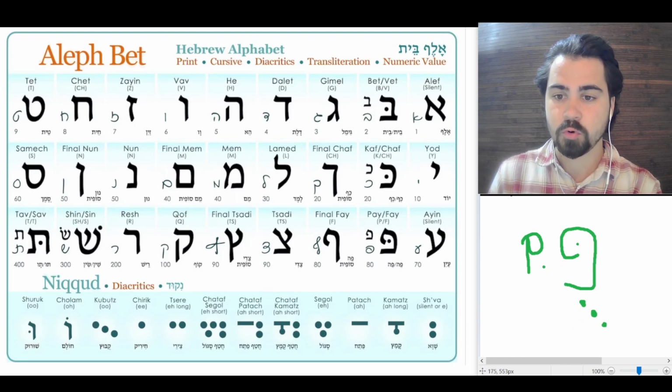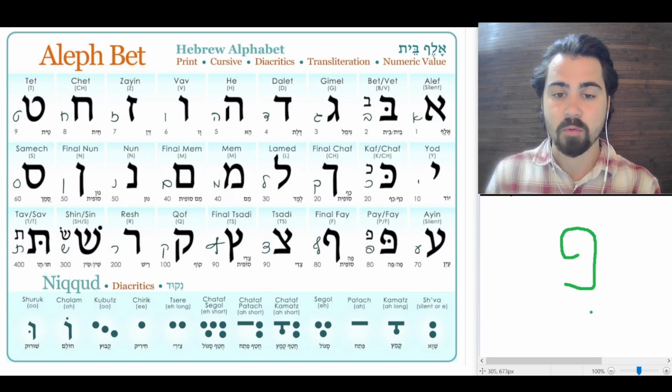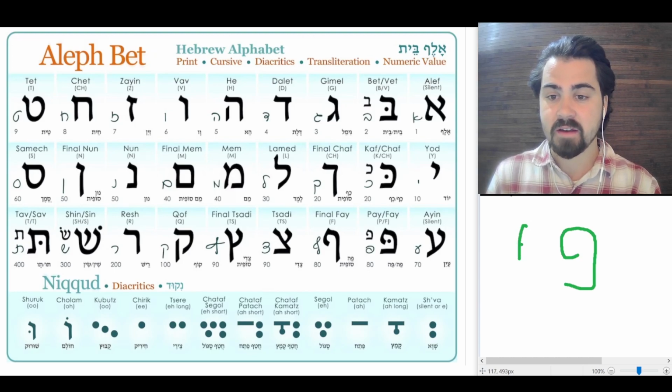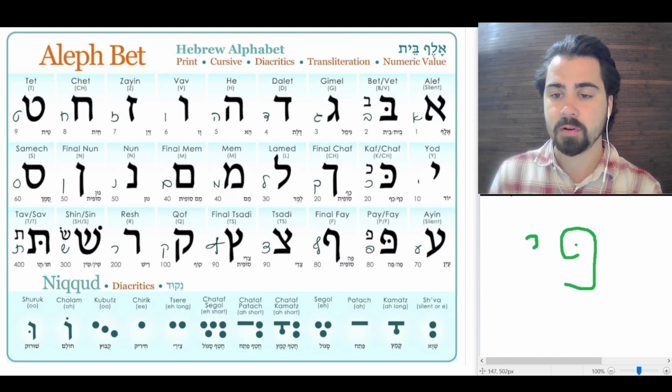Poo, correct, poo. Okay, and without the dot it is f. With dot, p; without a dot, f. Perfect. Okay, after that we finished with the letter tzadik,